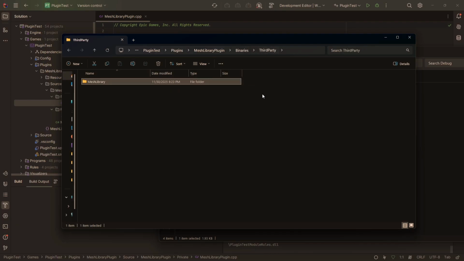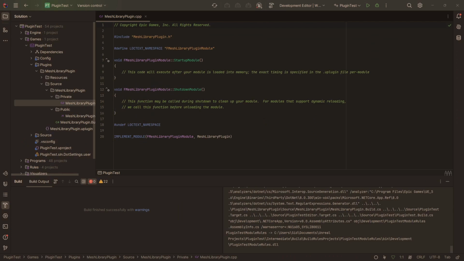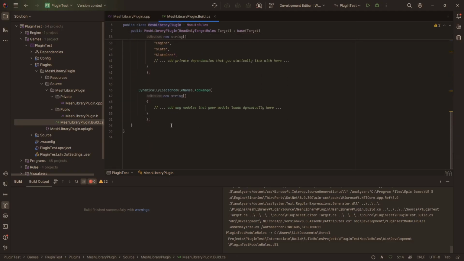Now, this structure is a little important because in case you have multiple DLLs, then you can arrange them in the same subdirectory, in the same third-party subdirectory under here. Okay, now this is done. Next thing is I'm gonna head over to the plugin test project and we'll start making changes inside here. So I'm gonna head over to the build.cs file